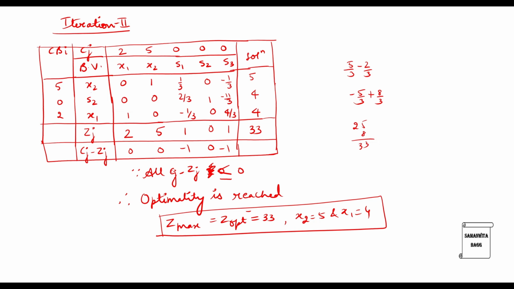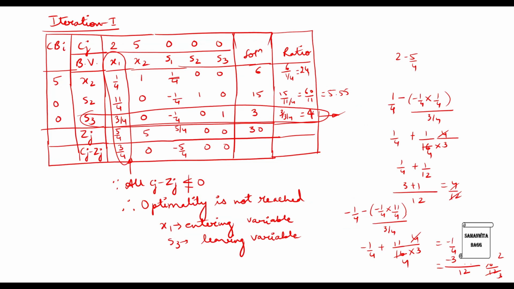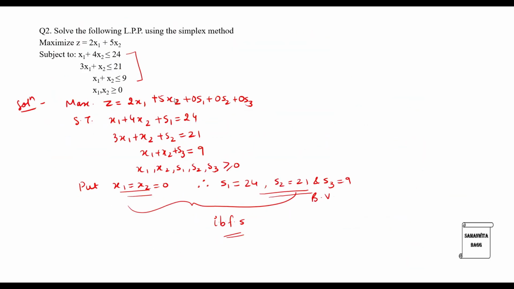I'll show you. X1 is 4, X2 is 5. So let's go back to the main equation. Here Z is equal to 2 into 4 plus 5 into 5. 4 2s are 8, 25. The Z value is what we got there, 33. So that's how you get the answer. In this equation, you can observe these three are having coefficient 0. So even though S2 has turned out to be 4, it's of no use because substituting will not mean anything. So I hope you have understood how to solve this problem of maximization.